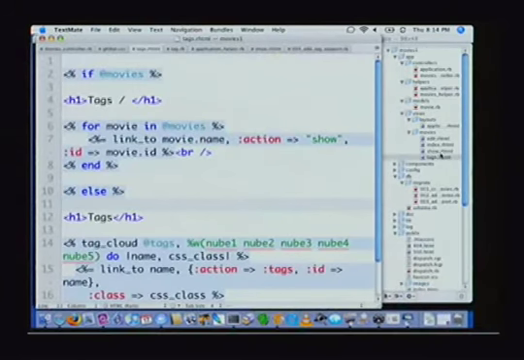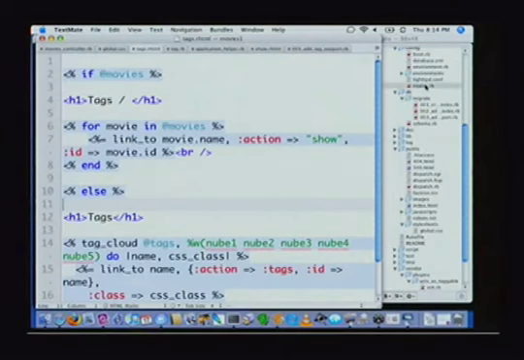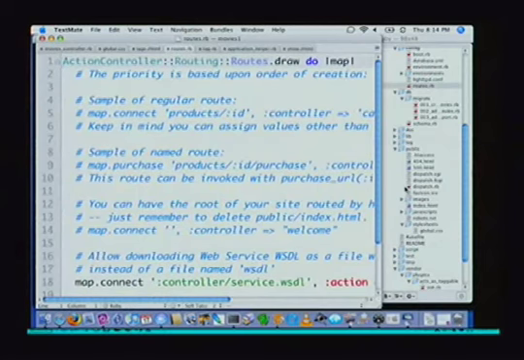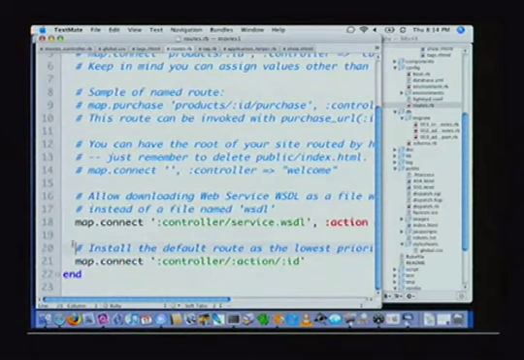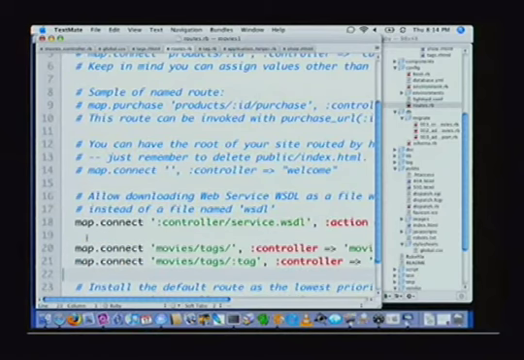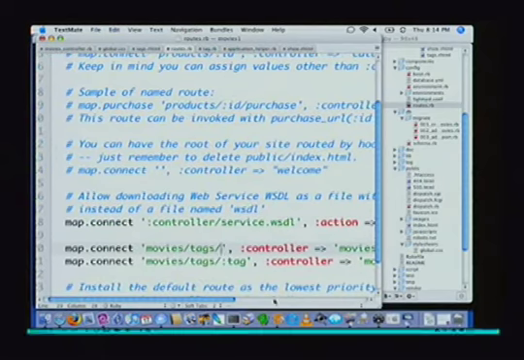So I've actually got two different routes that I want to set up here. Routes are in the config folder in your Rails app if you haven't played around with them before. In this case, what we're going to do is set an action here for